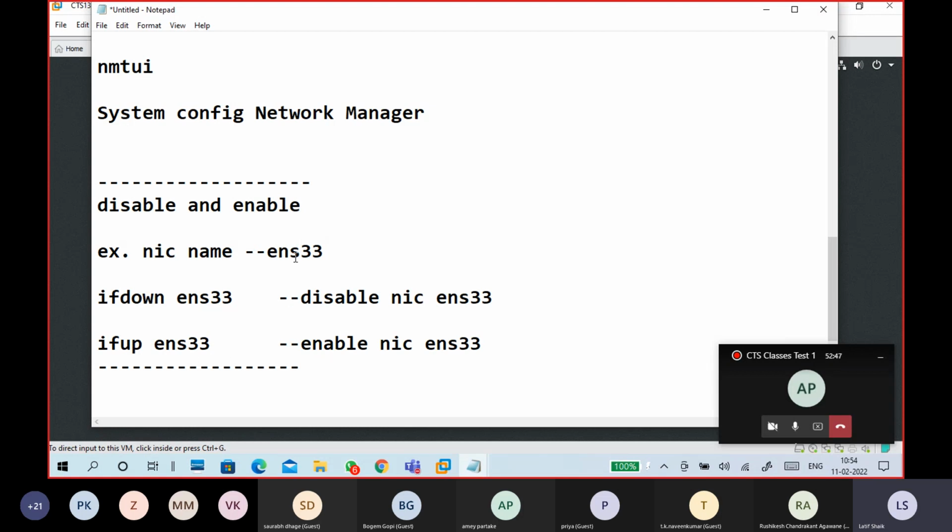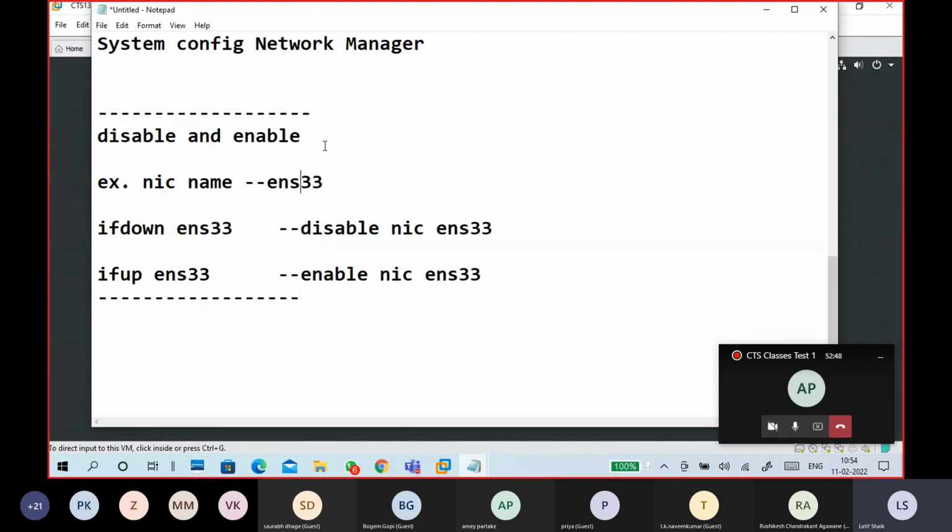Okay, this is how to disable and enable. When we do disable and enable, that is important, right? So the situation is like this. For example, you change network. Change network means connectivity. So I connected now.